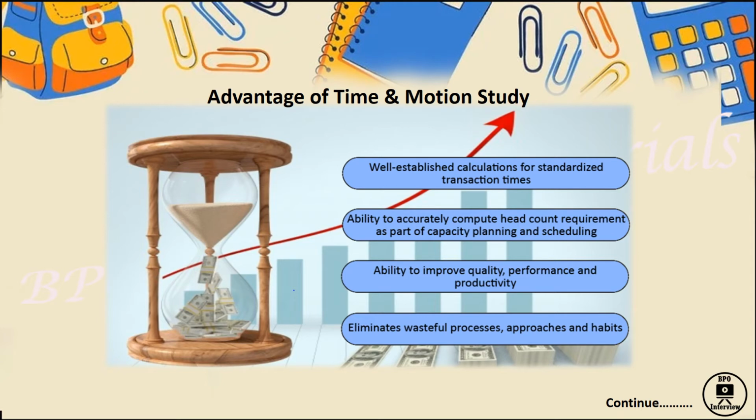Sometimes what happens is, the associate gets a simple query that can be resolved on the call, but what the associate used to do is keep the call on hold and spend around 2 or 3 minutes there unnecessarily, right? They go and search the details, which means they are going with the wrong approach, or else this is a very bad habit actually. They know the answer but they are wasting time there. Such things can be eliminated, and we can even check the hold time set by the client, around 1 minute or 30 seconds, and if they are exceeding that hold time also, everything will get cross checked and it will be generated as a set process.